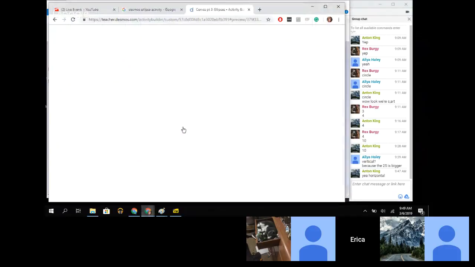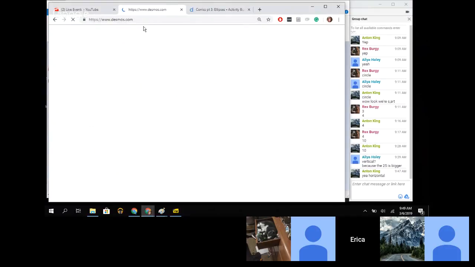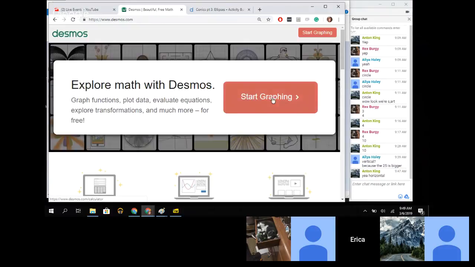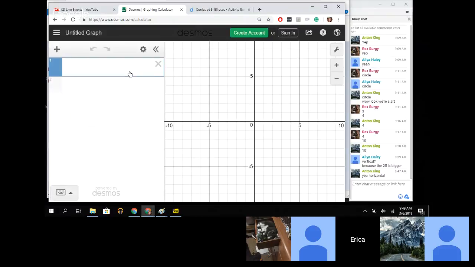If I would go to Desmos, just regular old Desmos, and type in what I just said, so what is that? Okay, I've got x squared divided by 7 squared, plus y squared divided by 2 squared